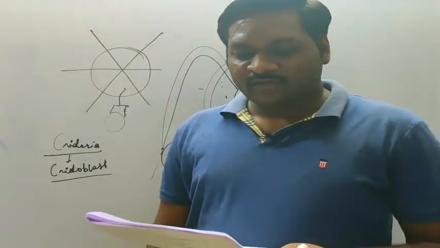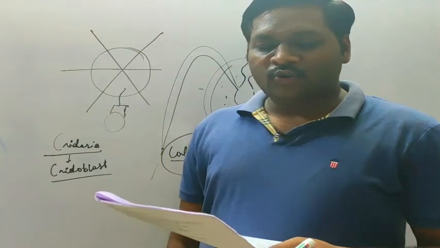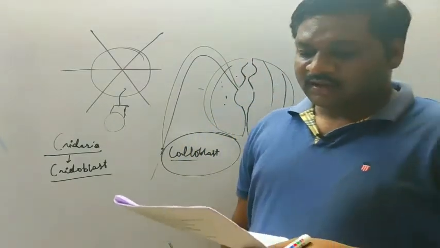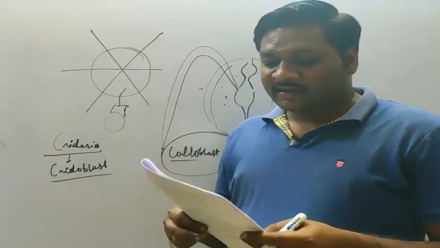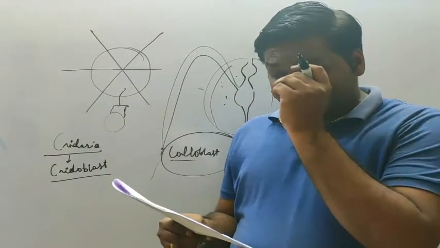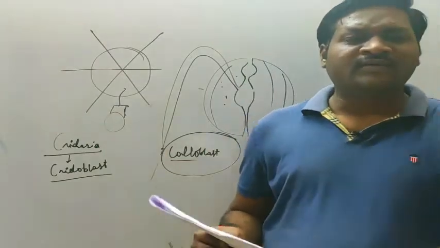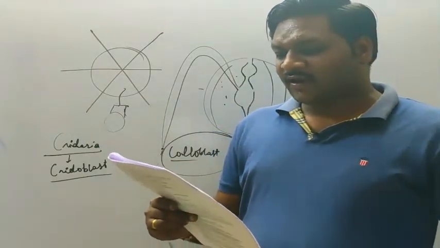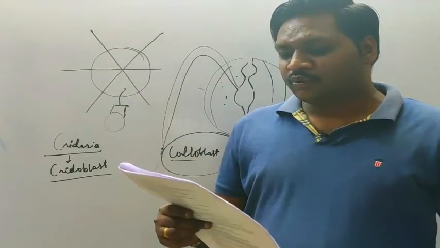Then question number 121, which of the following is an incorrect match regarding the phylum and its two examples? Now here, phylum Ctenophora, the options are Pleurobrachia and Ctenoplana. These are the correct matches. Then Cnidaria, they have Adamsia and Obelia. You can look at the examples in the textbook also, you can get this answer.